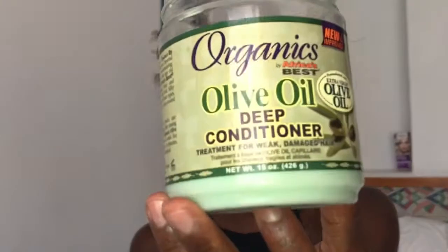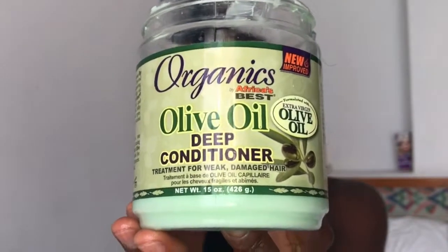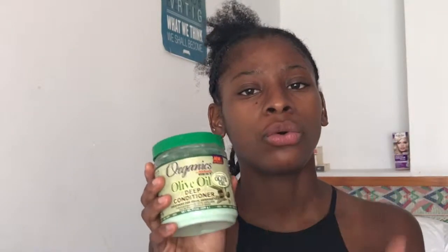And then for my cream I use organic olive oil deep conditioner, and I've really been liking this. This really has been working for my hair. It's nice, it doesn't leave that much product on my hair, meaning that I don't feel my hair is heavy when I use this product. So this is a really good product to use, and I think everybody knows this product. And I'm suggesting this product because it is easy for you to get, and it's a cheap product to buy also. So it's not an expensive thing to make your hair nice and to retain the moisture in your hair,